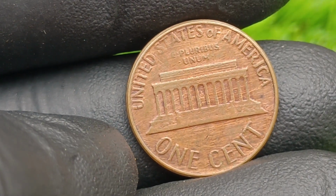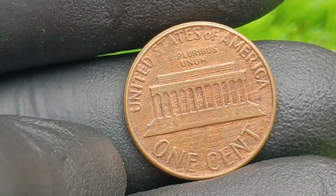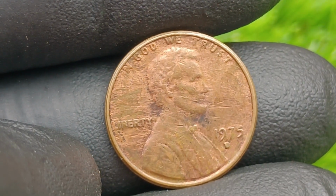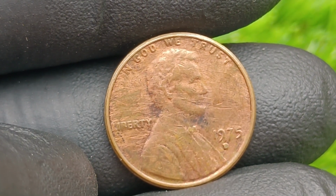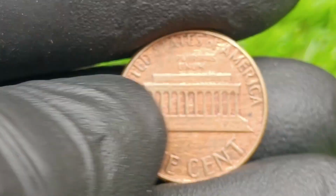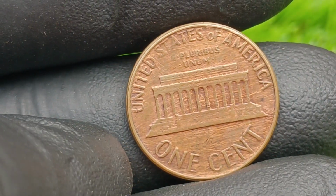Because back in 1975, when these coins were being minted in Denver, nobody thought twice about the billions that flowed into circulation, yet among them a select few carried mistakes so minute yet so significant that decades later they would shock the numismatic community. Imagine a coin struck with slightly misaligned dies where the details on Lincoln's face are doubled,